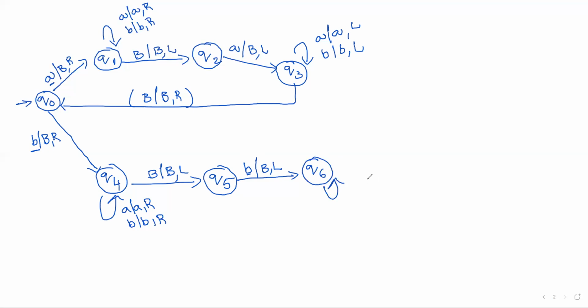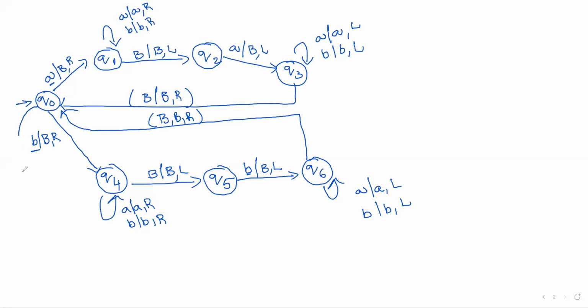The same procedure. On state Q6, any number of A's occurred, any number of B's occurs, move to the left direction. Finally, if you are receiving a blank symbol, replace the blank with the blank and then move to the right direction. The same process is repeated for all the strings. At one particular point of time, all the symbols in the string are blank symbols. In this case, we are moving into some halt state, that is the acceptance state.